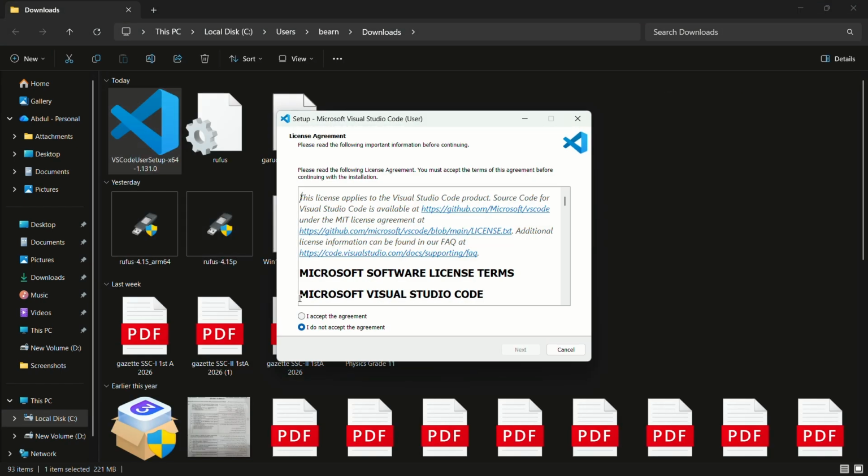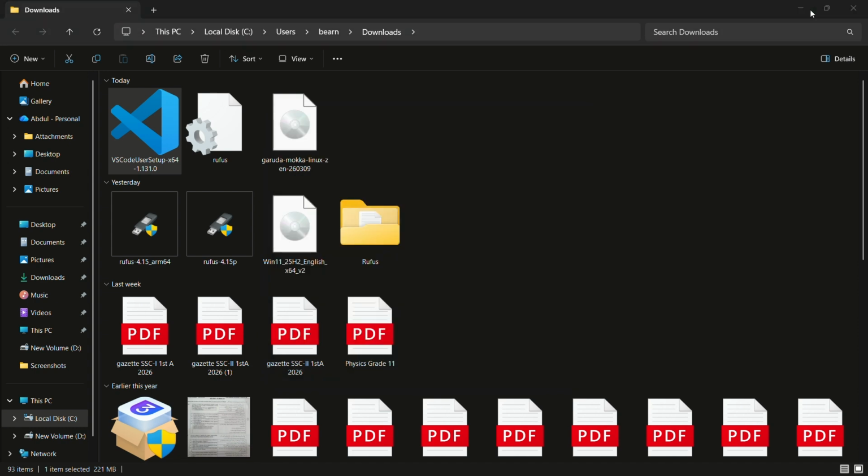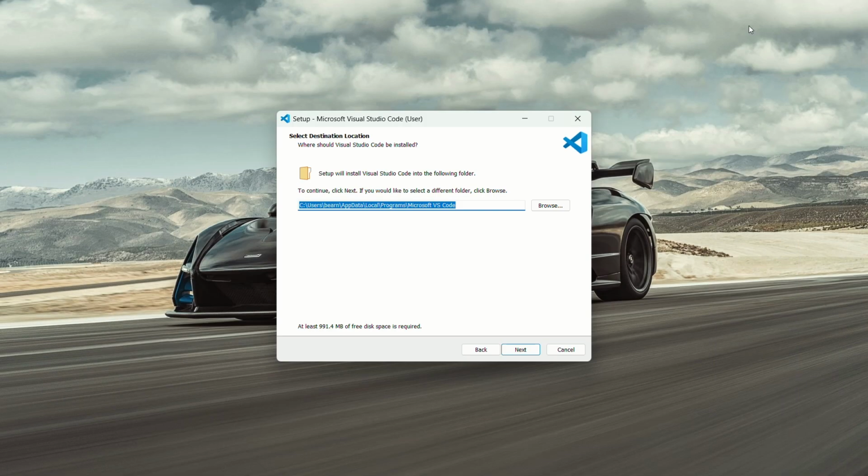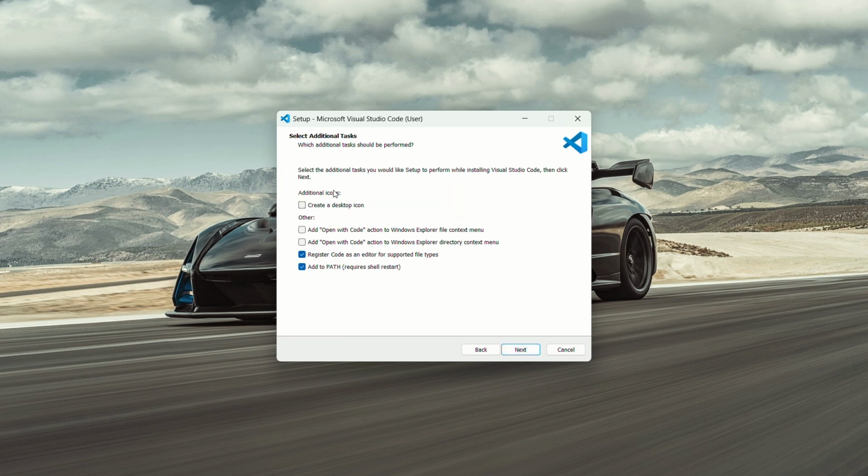Setup is open. I accept the agreement. You have to check, then click next. And then you need some space, which is mentioned in MBs, or you can change the location also. So click next, then next. Okay, perfect. You can change the name, but it's perfect. Then you have to check all these check boxes. So your VS Code setup,